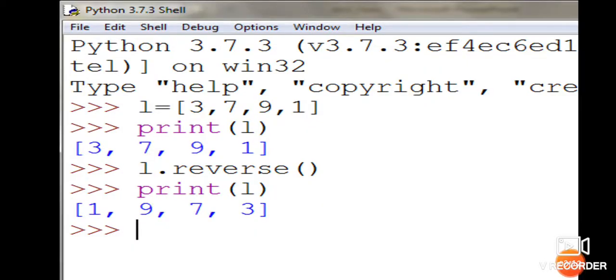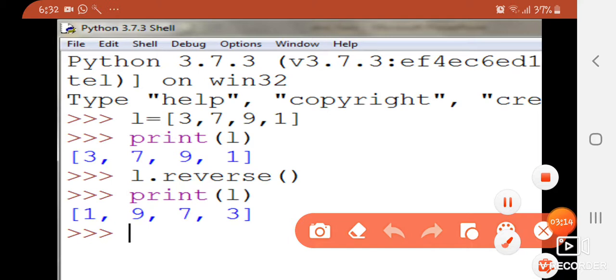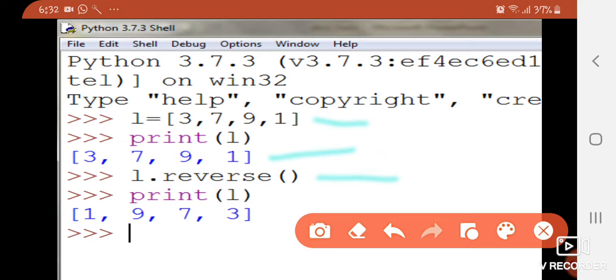Here you can see that I have taken up a list and then printed that list. तो ये वैसा ही प्रिंट हुआ जैसा कि इनपुट किया गया था. Now after executing L dot reverse, we don't have to pass anything and it is not going to return anything, because ये original list को वहीं के वहीं change कर देगा, reverse कर देगा. And see, after executing this function, when I am printing the list, it is simply printed in the reverse order and it is the permanent state of this list. Clear?